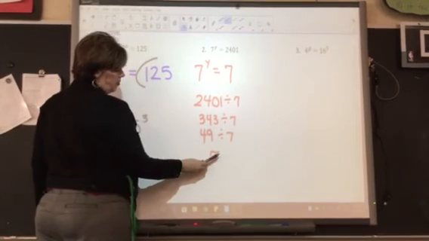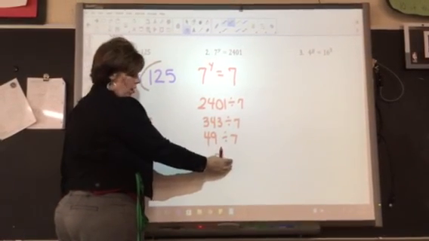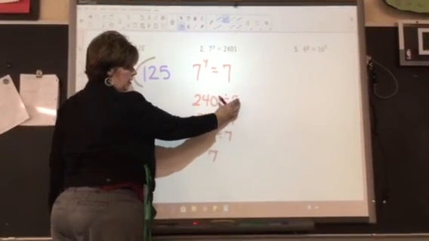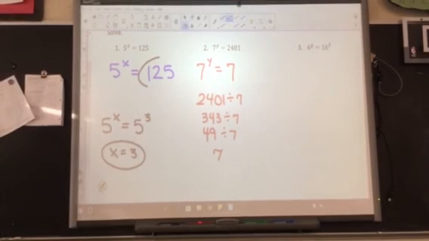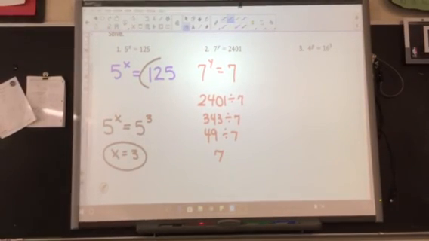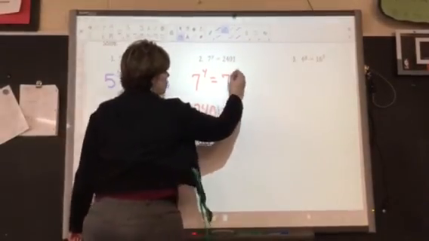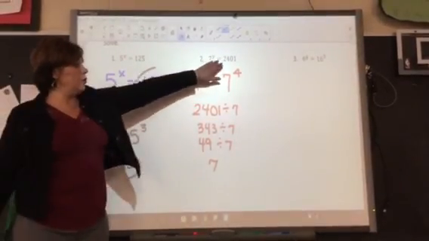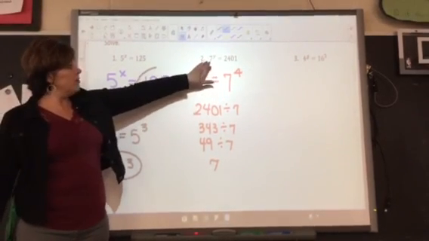So this is 7 to the 1. 7 by itself is 7 to the 1, and we divided four times, so 7 to the 4th power. What do you think 7 to the 4th power is? 2401. Is it 2,401? Did you check? Yeah. So if you don't know what it is, you can just start dividing by the base. Does that make sense? So I have 7 to the y